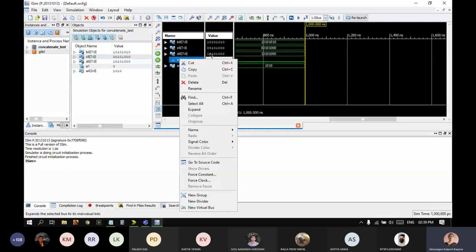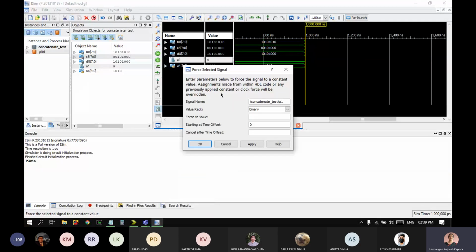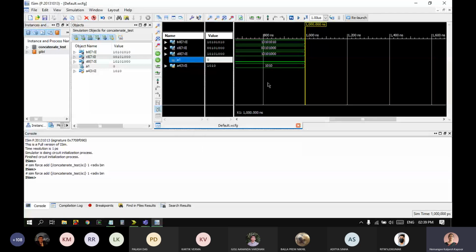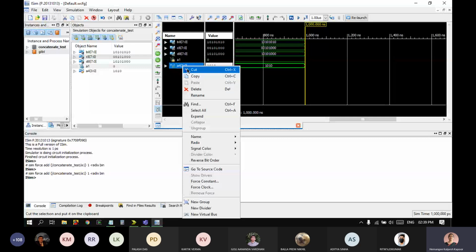This is a constant variable and I want to make it 1. It was 0 all the time, so I'm just making it 1. Say apply. We are at this yellow line and we are just giving the inputs. We have not yet started anything, so the value will not change. We are just setting the value. And A4 I am making 4 ones. We have given these inputs.